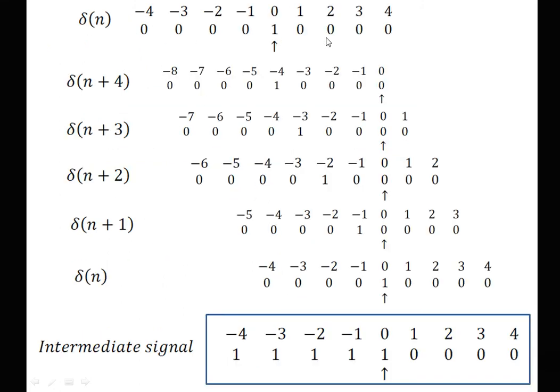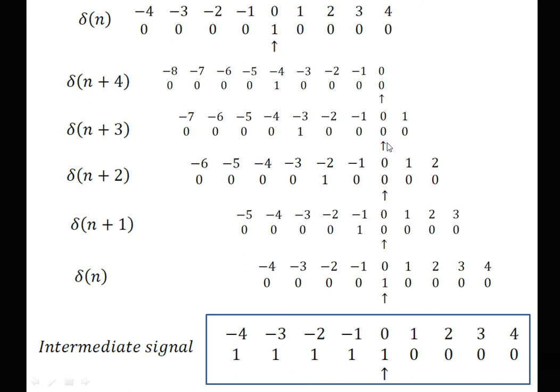Now this is the delta n signal. What is meant by delta n plus 4? It is the advance. So we are shifting the arrow to the right by 4 units. So this is 1, 2, 3 and 4. Our signal starts here. Now see, initially 1 is at the 0th location, now it is at minus 4 because the signal advanced.